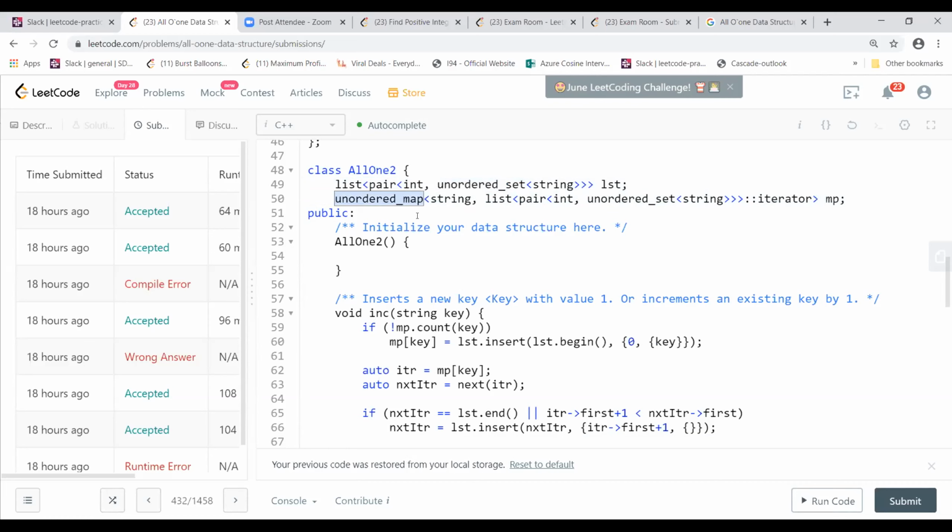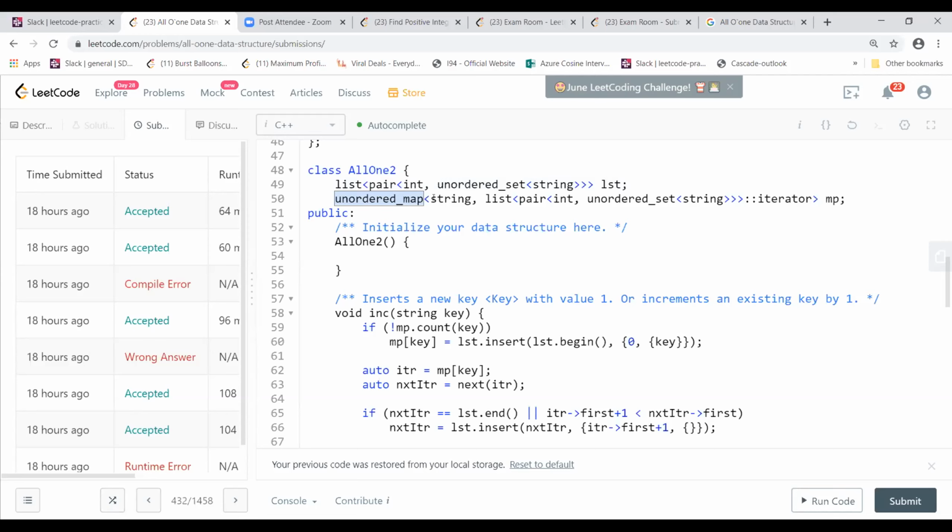So I have this unordered map here. But if you're keeping this ordered set, it will have some log n time complexity, right? I'll explain the way they have done it. I also thought about that, but initially you don't have anything in the list, right? So when you start inserting, you insert at the right position. There is something involved in inserting at the right position, again we have to go through. Maybe the STL takes care of it. That is what I'm assuming.